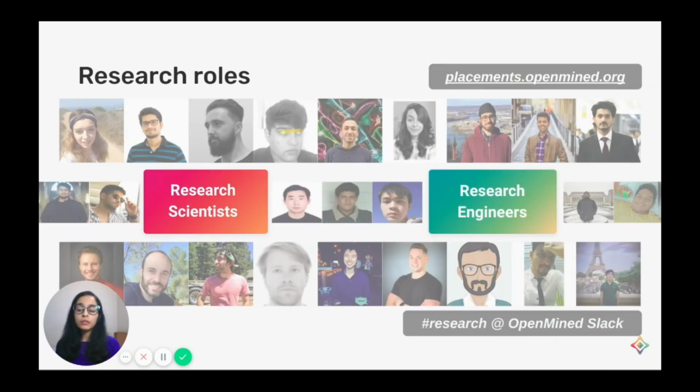Now, I'm going to be talking about the different research roles that you can apply for at OpenMined. So, as you can see, the pictures of all the different researchers at OpenMined form a very diverse and interactive community who collaborate on lots of research projects together to create a wonderful research environment. There are two main roles which you can apply for. One is the role of a research scientist if you have prior research experience, and the other is the role of a research engineer if you have more of a development and less of a research experience. To be able to apply to both of these positions,